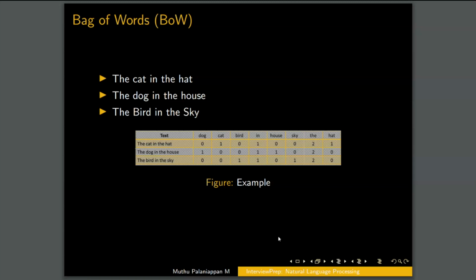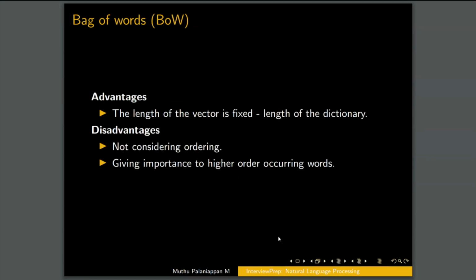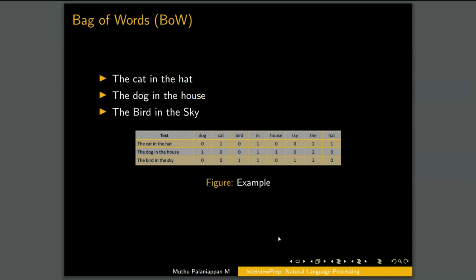Another disadvantage which we are going to see in the method is that it gives importance to the words which occur more, right? That is what we see in the basic definition. For example, let us say there is some person who doesn't remove the stop words in the pre-processing step. Stop words are the words which occur most frequently, right? In this case, if you forget to remove the stop words, it is going to give more importance to the stop words only. So in that case, your machine learning model will forget to learn about any new